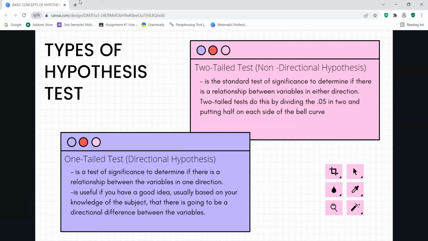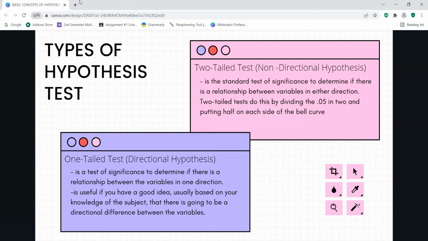Two-tailed tests do this by dividing the 0.05 into two and putting half on each side of the bell curve. So we do this to find if there is a relationship on the right side and the left side